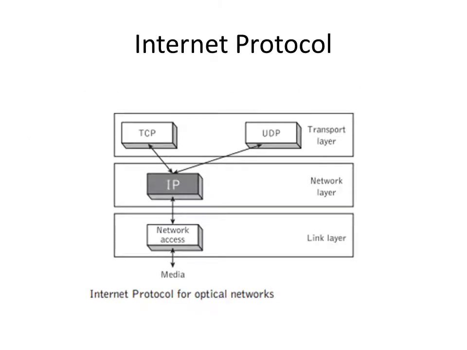Here internet protocol is a network layer protocol in the OSI model. In the OSI model there are 7 layers. Under that, the IP is a layer 3 protocol in the OSI model, the network layer,